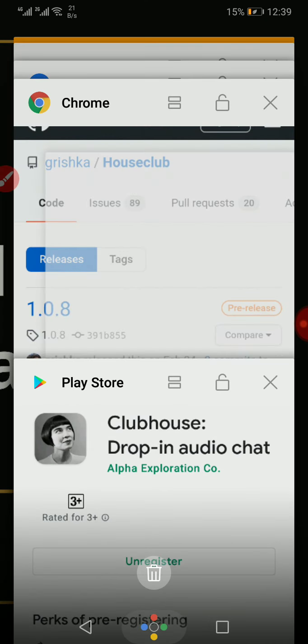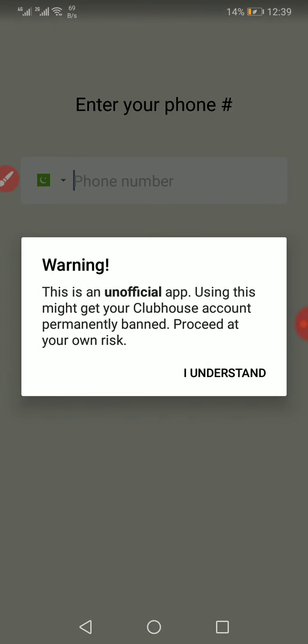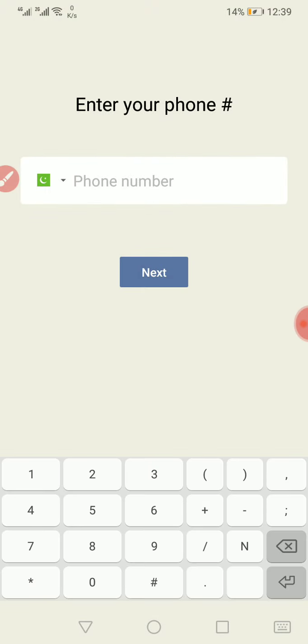Okay, now what you can do is, there is a warning. If you understood, so go to type your number,